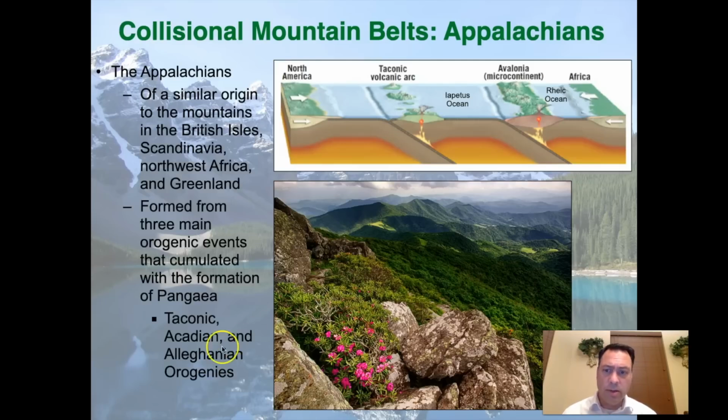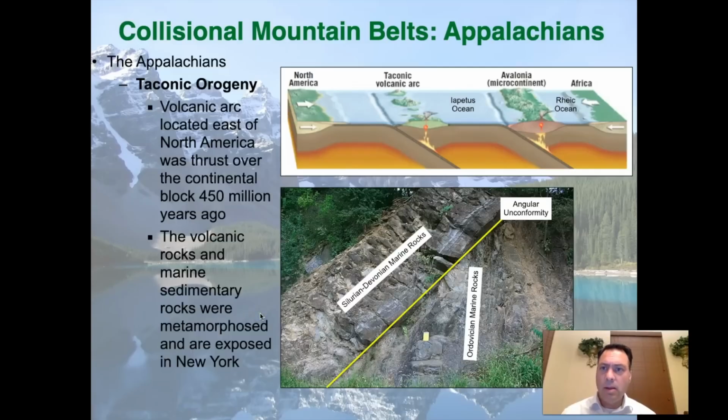So let's start going through these step by step. So the Appalachians started with the Taconic orogeny. That's the very first one. So here again is the Taconic volcanic island arc. We know that it's a volcanic island arc